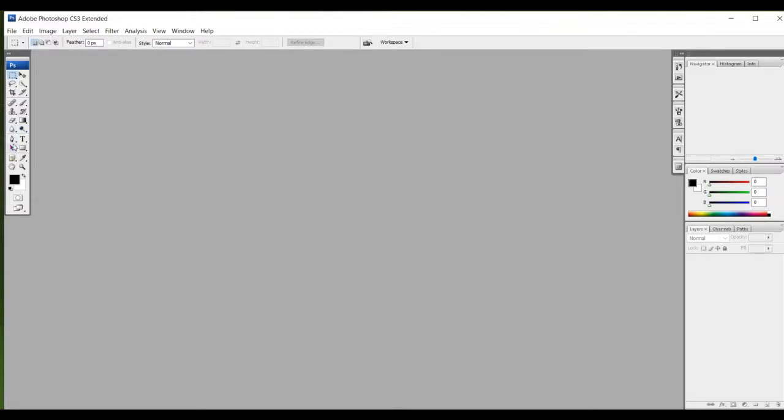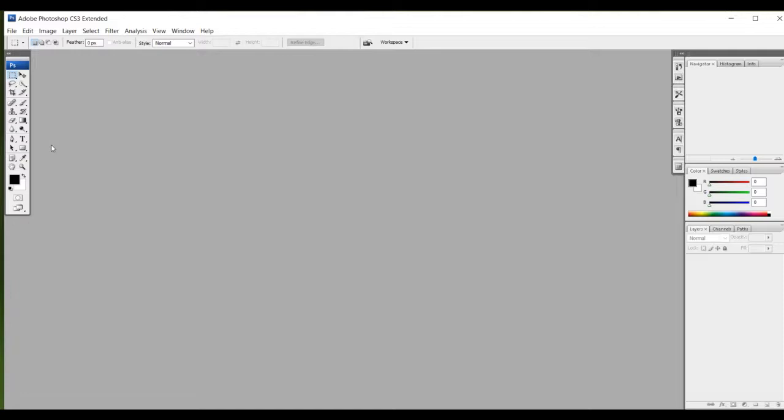The next are the drawing and type tools. If we want to draw something, these are the tools we use: pen tool, horizontal type tool, path selection tool, and rectangle tool.